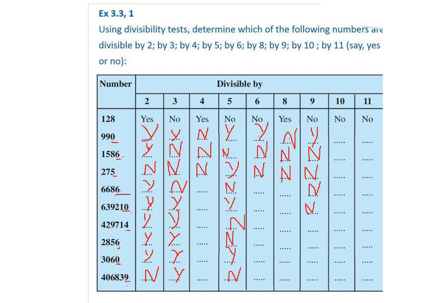Next number is 4 plus 2, 6. 6 plus 9, 15. 15 plus 7, 22. 22 plus 1, 23. 23 plus 4, 27. 27, 9 3s are 27. Yes, 27 can be divided by 9. So I am going to write yes here. And in a similar manner, you are going to complete the rest. Let's go for the rest of our numbers with 10. Now for 10, we have to check only the last digit.